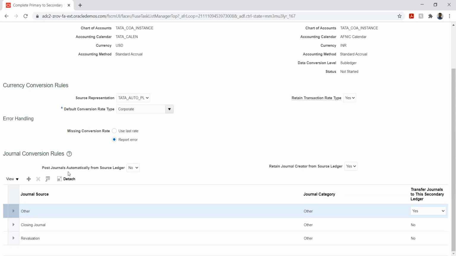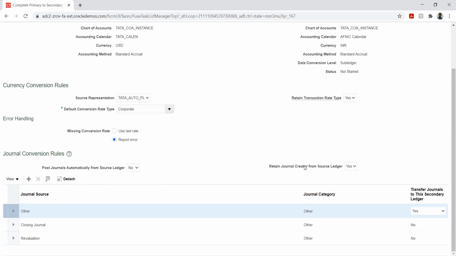This is to post the journal sources, since we have enabled it for the subledger as well. If we wanted to post these transactions, whether we want automatic posting or we will take the journal entries and post them manually. If we enable yes, the system will post it automatically.